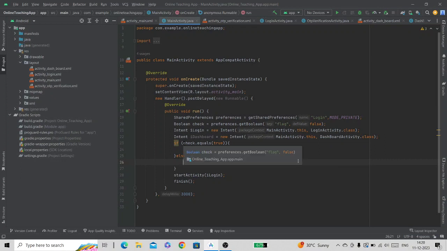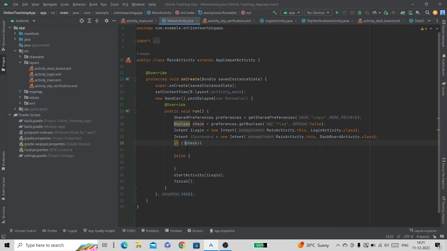So here you can see that we have written check.equals(true). Instead of doing this, we can just do it like this, if (check), because check is a boolean variable, then if (check) means that if the check is true, and if you want to check the false condition here, then before the check variable we will apply not.